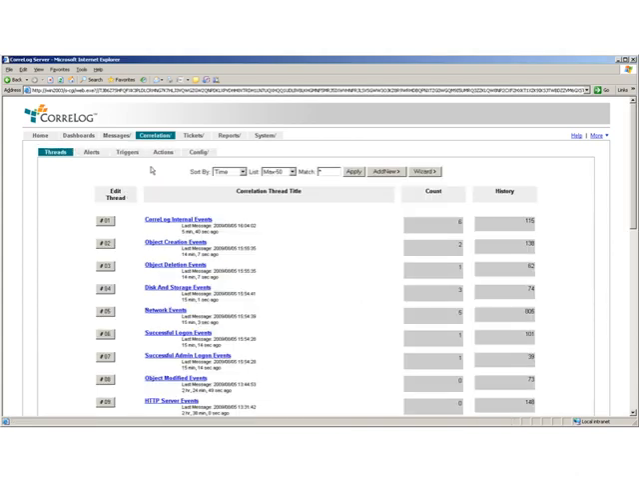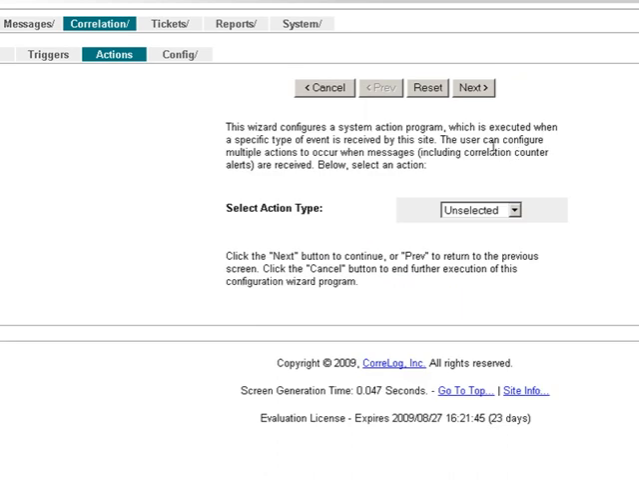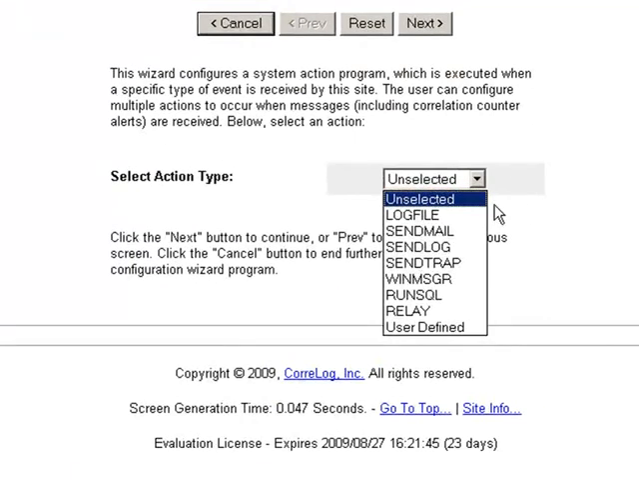We're going to click on correlation actions. We're going to click on wizard and we're going to select a new action. We have the ability to log to a file, send an email, send a log, send an SNMP trap, run an SQL command to insert something into a database. Relay would send something to another CorreLog server. And finally, we could do user defined, which would run a batch file or a Unix shell script or a